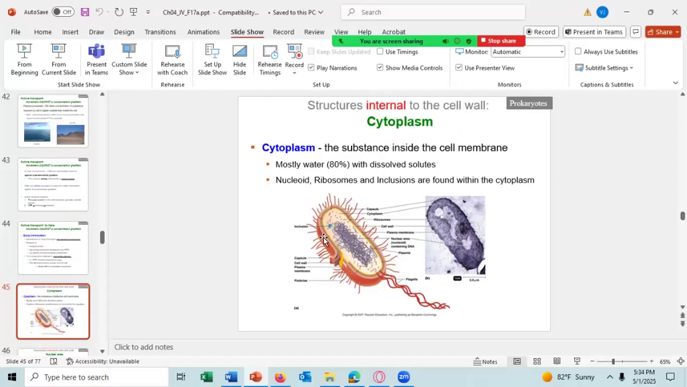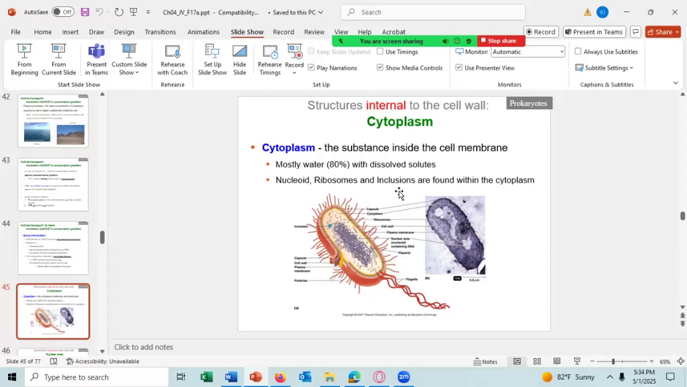DNA. Wherever you find the DNA in the cytoplasm, we call that the nucleoid region, but there's no boundary between the nucleoid region and the cytoplasm, because wherever the DNA floats in the cytoplasm, that will be the nucleoid region. The nucleoid region does stain differently, but other than that, there is no boundary between the cytoplasm and the nucleoid region. You can also find ribosomes and inclusions in the cytoplasm, but the ribosomes and the inclusions